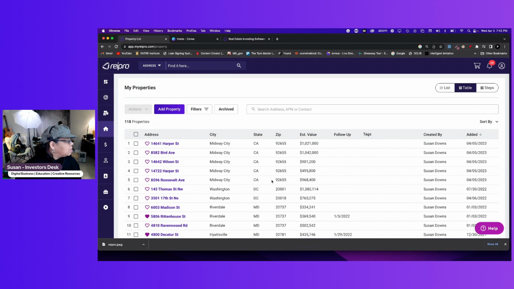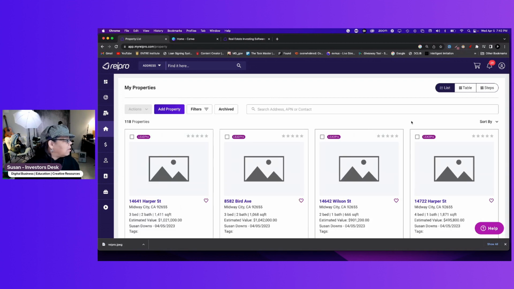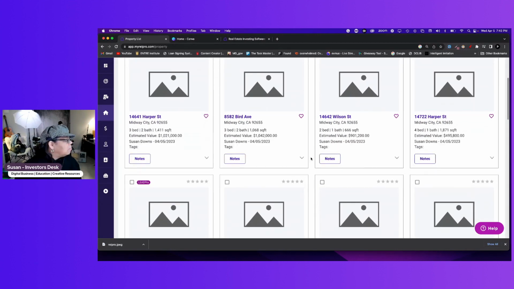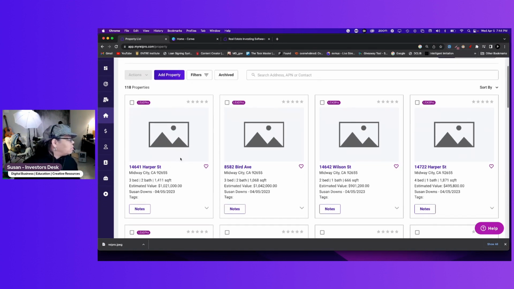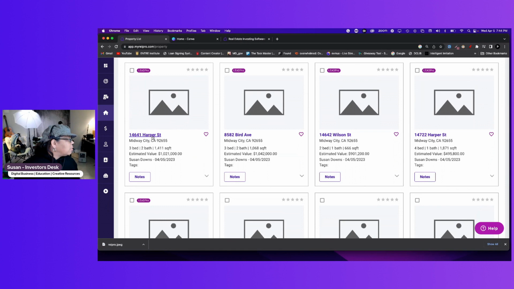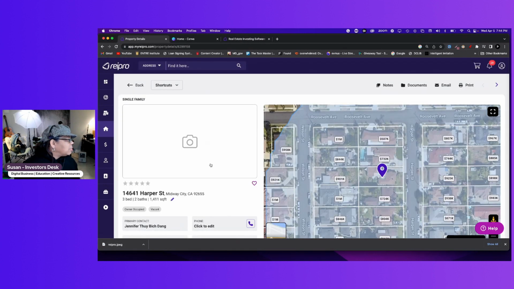I do believe the last five have come up, and here's where I can heart them if I like them, right? So you can look at the properties this way, or you can look at the properties this way. And generally, there's no picture that comes in. I normally go out to Google and get it, or I pick it up and copy it. But if you were to quickly tag on this particular property,